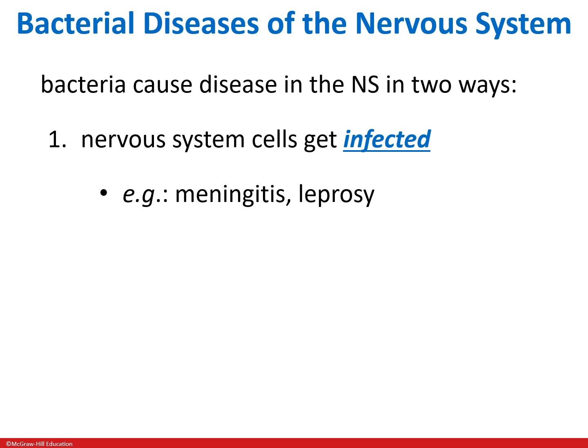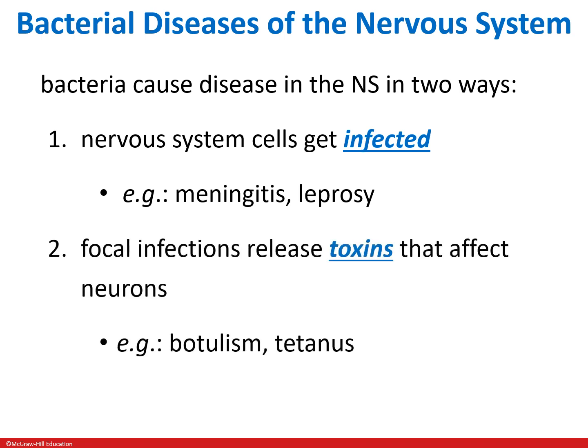So specifically in this lecture, we're going to focus on the bacterial diseases. So typically bacteria cause disease in one of two ways. Either the nervous system cells directly get infected, so for example bacterial meningitis or leprosy, that's where the nerve cells are actually infected, or because bacteria tend to produce toxins, many of the toxins we're going to talk about are